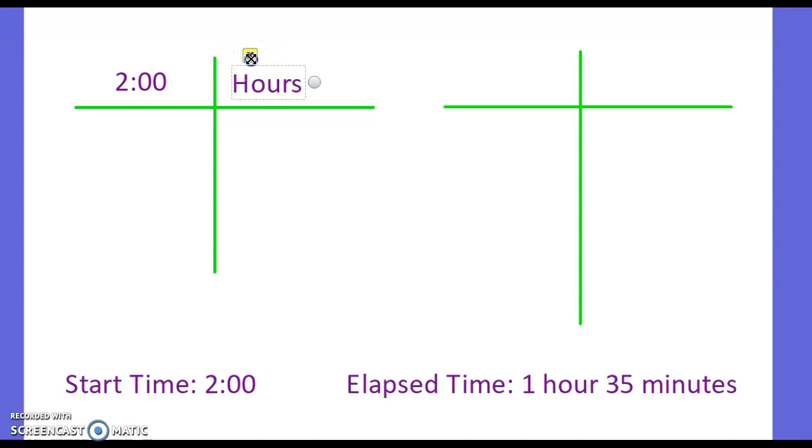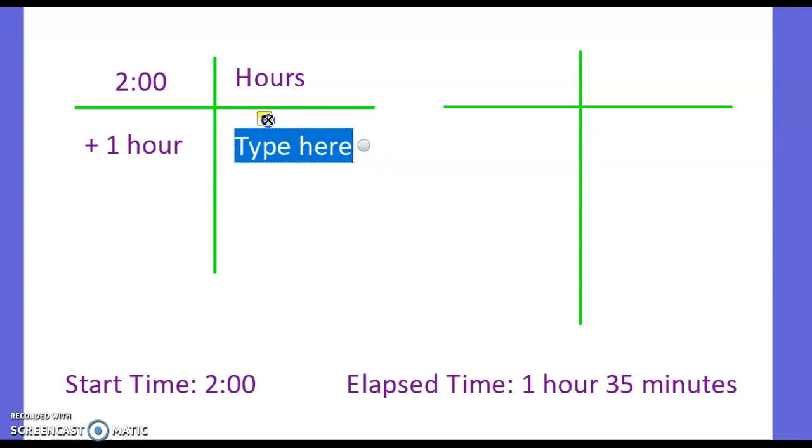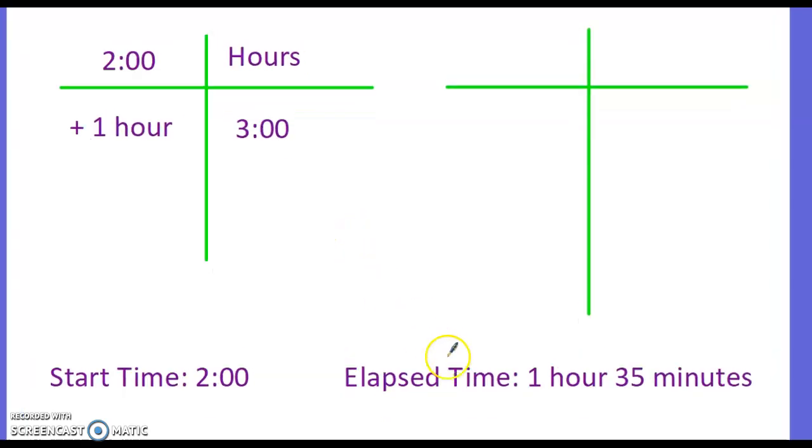And since it says that I have an elapsed time of 1 hour and 35 minutes, all I'm going to do is under here put plus 1 hour. And then out to the side, if it was 2 o'clock and I add an hour, I know it would have to be 3 o'clock. Now, if I look at my elapsed time, it says 1 hour. Then it also says 35 minutes. So what I need to do is take 3 o'clock right here, and I'm going to rewrite that on the